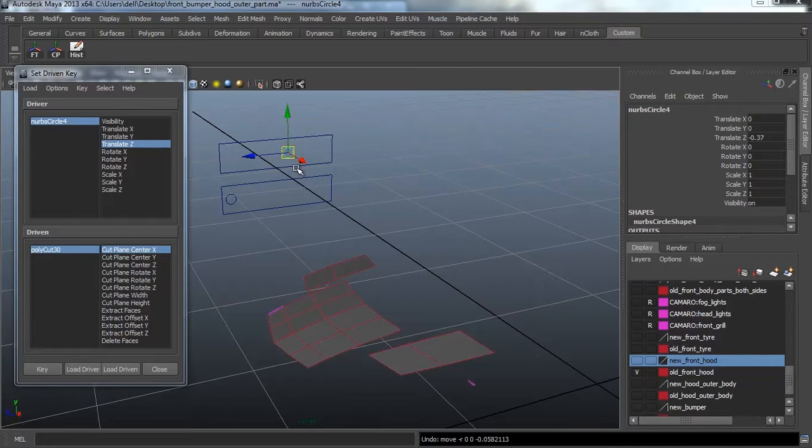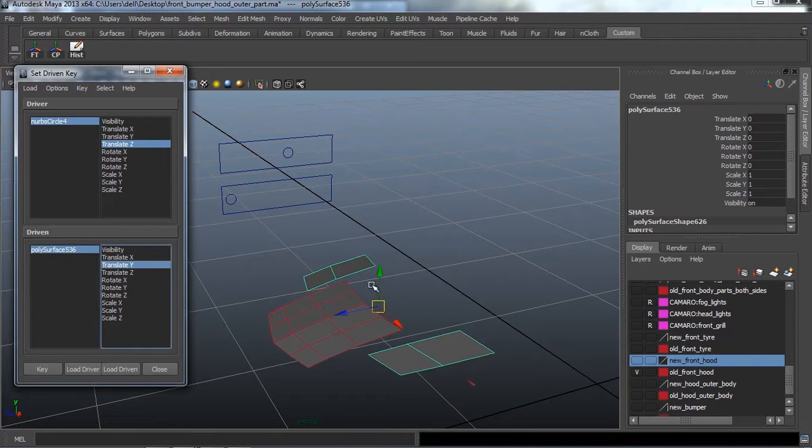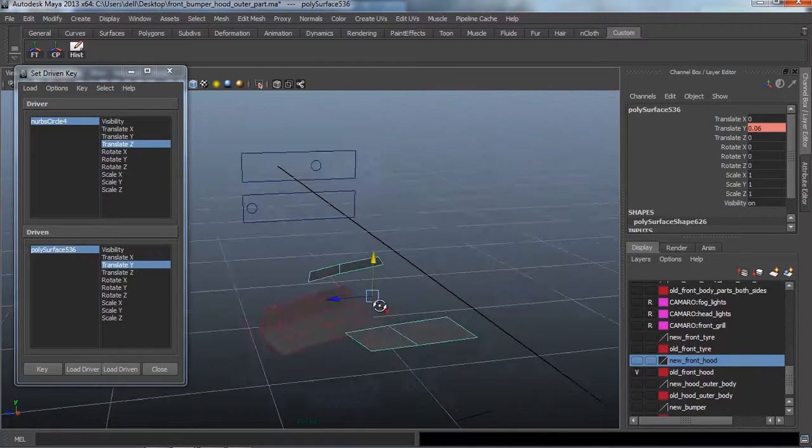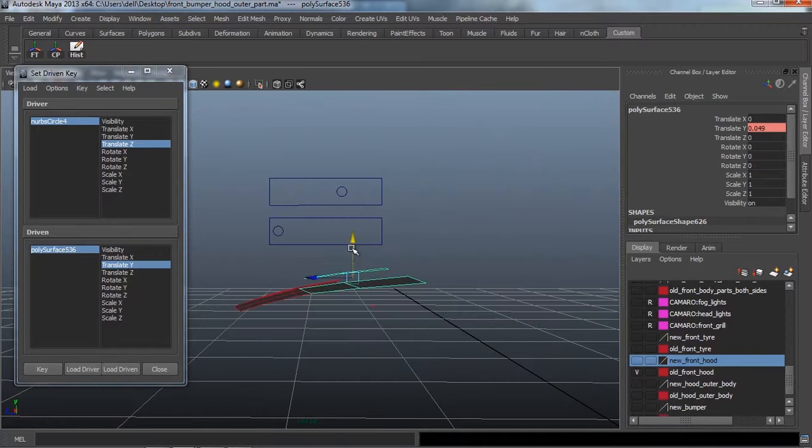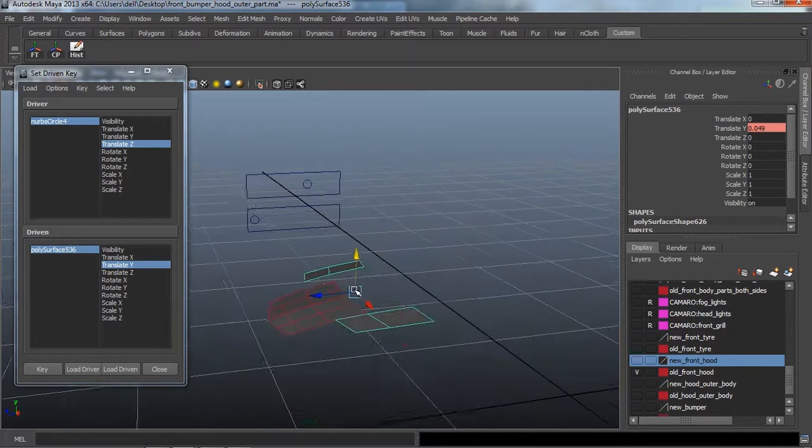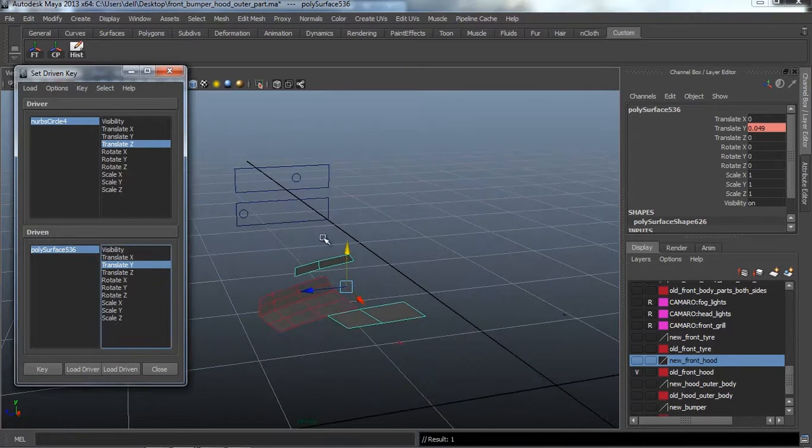So now what we'll do is only these two parts are left. First of all, we'll make this part go invisible. So we'll select this and make this driven. Select the y-axis and press key. Make the controller move just a bit forward. Select it, make it go just a bit upwards. And press key again and go to edit mesh, cut faces tool